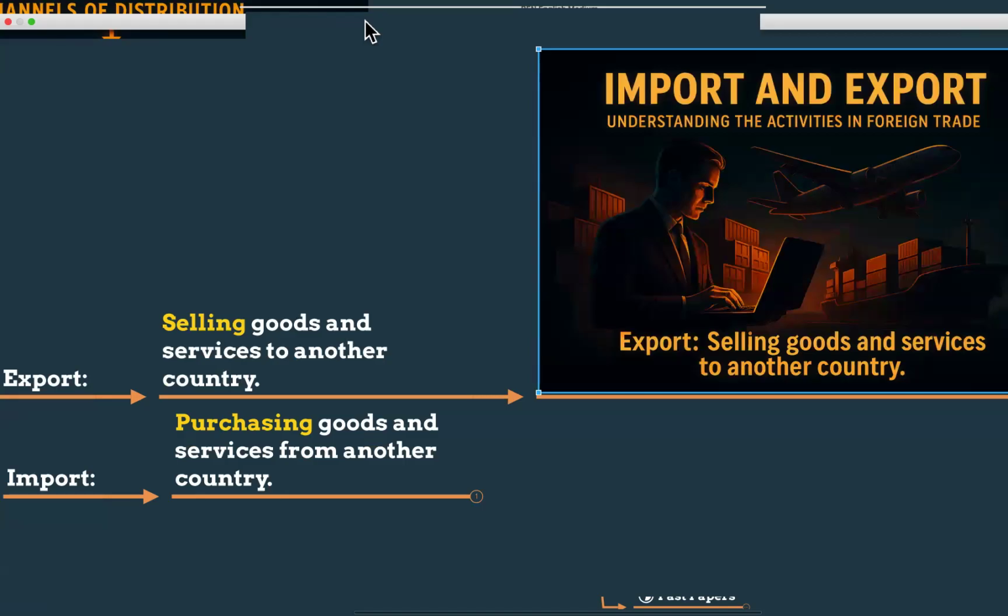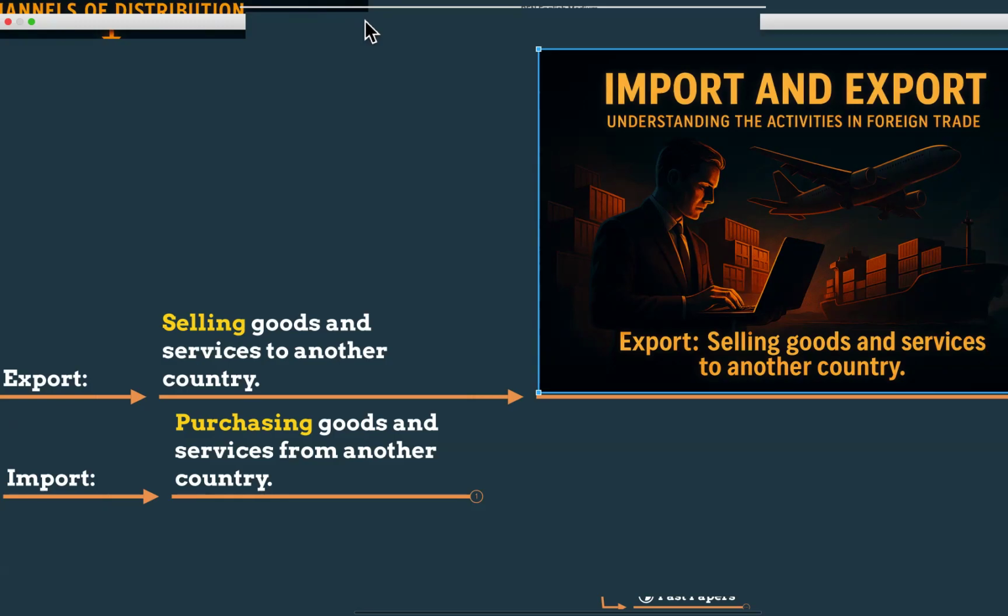Why? Because if they export, they can get the dollars, the foreign reserve. Then only they can buy the oil and other goods that are not manufactured in Sri Lanka. That's why there are no taxes for exports. They will even give some grants and incentives: do your exports, earn foreign currency. So selling our goods and services to other countries is export. When Sri Lanka sells to other countries, we are earning dollars and euros in foreign currencies.